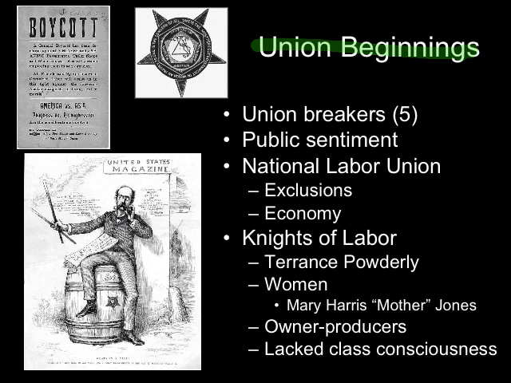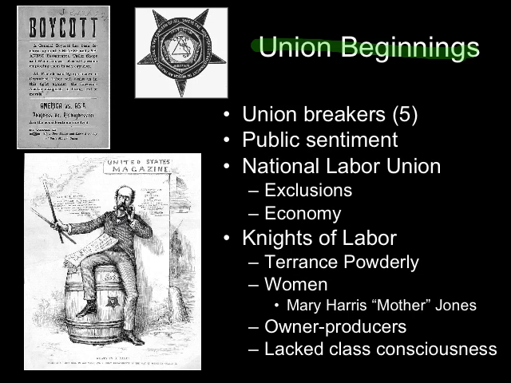Now, the whole premise behind a union is that there's strength in numbers. The more people you have in your union, the stronger it is. If one guy goes to the boss and demands a raise, he can point out the window and say, look, there's 100 people standing out there, do the same job you're doing for less, so you're fired. Right? But if the entire workforce belongs to a union and 1,000 people go in and demand a raise, suddenly the boss has to at least talk to them and listen. So there's strength in numbers in a union. That's the reason a union exists.